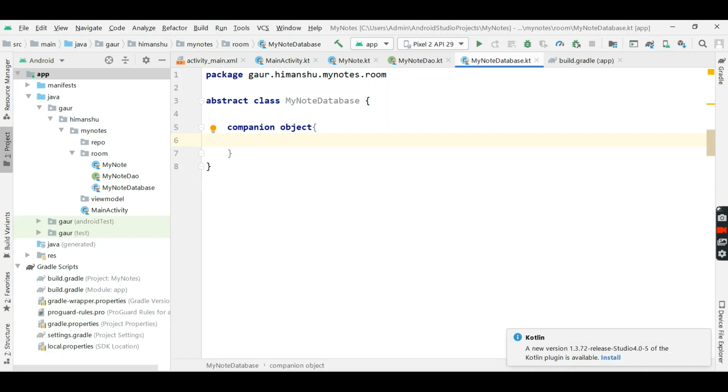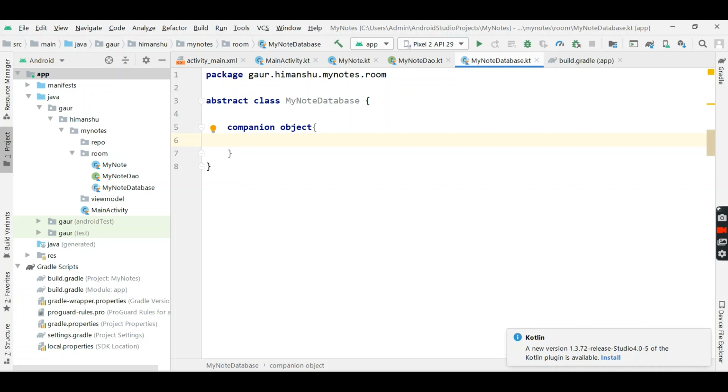So a companion object will simply act as a singleton object. So we cannot create this object many times. It will be created once and we can use this created object again and again.